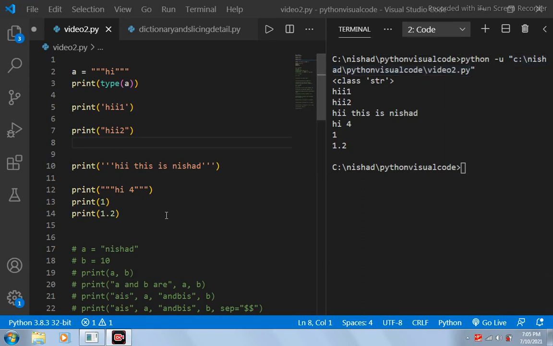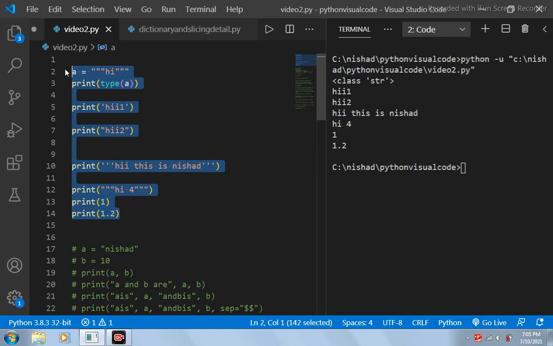Okay, so first of all, this is the very basic and very easy way to use a print function in Python. I've included this because I wanted to show you that this will also run without any error, because this is basically a string in Python. Anything between this triple single quote, anything between this triple double quote will also be considered a string in Python.